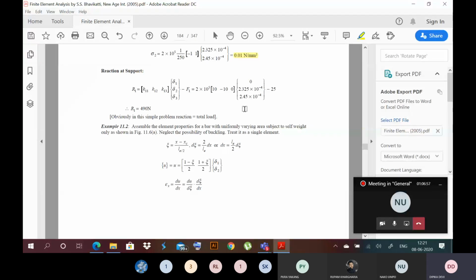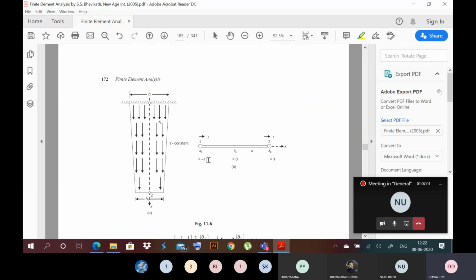There are different ways of handling this. In one way, which is not done here but you can do, the cross section is, let's say, B1 into 1, and the thickness is, let's say, T. So A1 will be equal to B1 into T, and here the cross section will be equal to B2 into T. Then you can find an average area. Average area will be equal to B1 into T plus B2 into T divided by 2. Then you can have a bar with thickness T and an average width of (B1 plus B2) by 2.